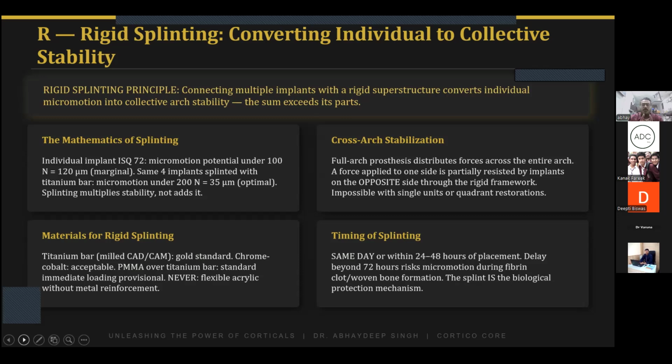I do not want any kind of micromotion, so that all the forces that are coming from the chewing of the food, all the occlusal forces